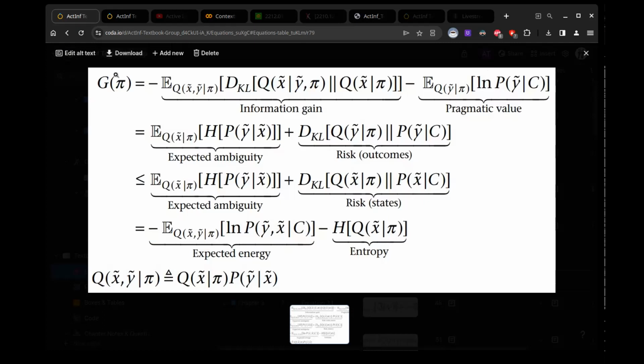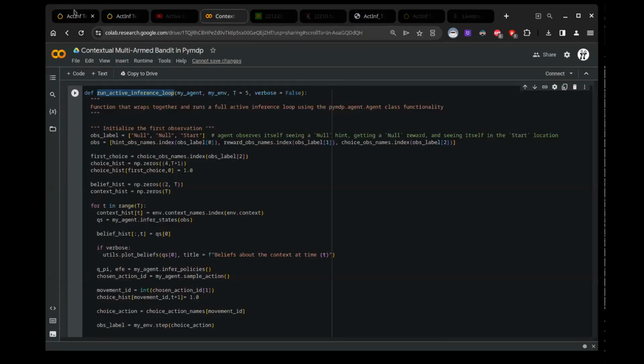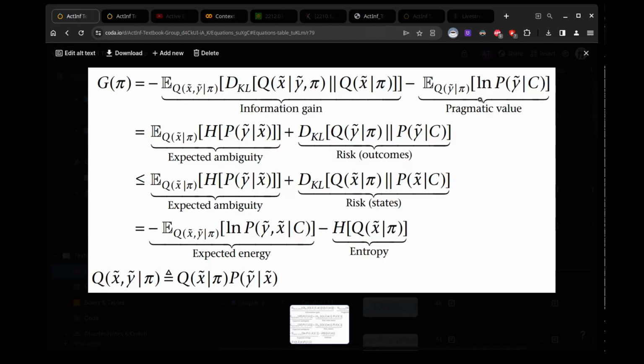And then policies are selected that are able to contribute to pragmatic value and information gain. During the modeling process, you see that there's some fine-tuning needed to balance these two drives. And that's actually explored in this notebook. If you set the preference for getting sugar to 1 million to 1, then it'll never seek information. It's ready to risk it for the chance of winning 1 million. But if the pragmatic value is very small, then the information gain term dominates.